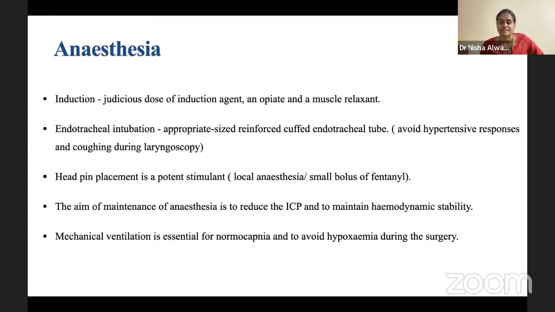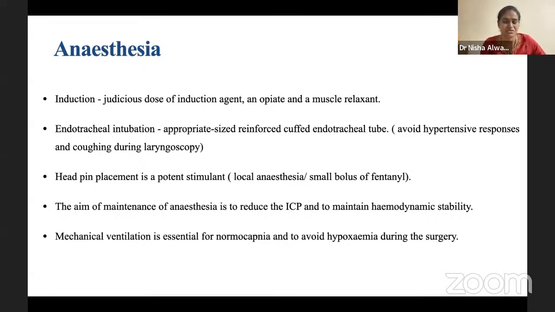So when it comes to anesthesia, we'll take it as a case scenario where we have a patient who's posted for a posterior fossa surgery. Let's talk about an adult patient. Let's forget about a pediatric patient at the moment. An adult patient is posted. We have done everything. We have preoperatively done a PAC. We have seen all the concerns involved there, and we have optimized the patient, should there be any optimization required.